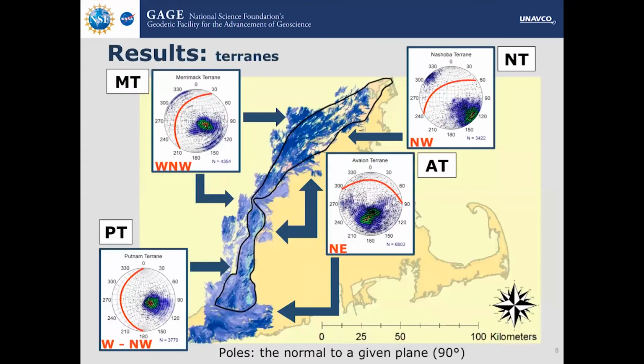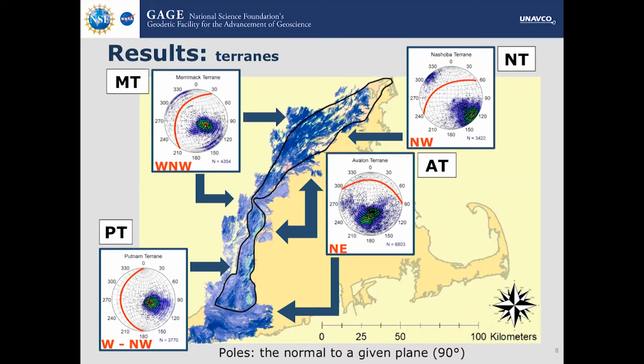So getting into some of the results. First, these are stereographic projections that I mentioned in the last slide. Now, these are actually depicting the points of bedding and schistosity and gneiss as poles. And so poles are going to be the 90-degree offset of the strike to the plane. So the red line in each of the stereographs happens to be the theoretical plot or plane of the dipping